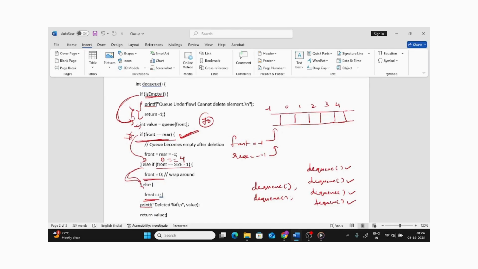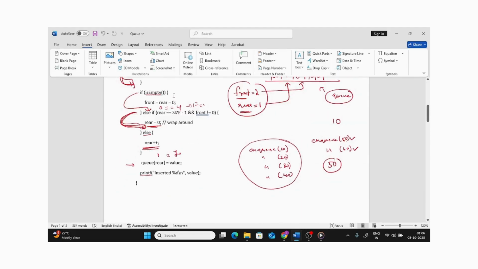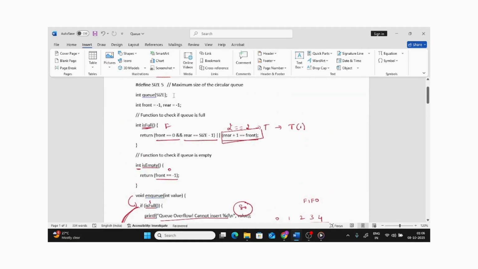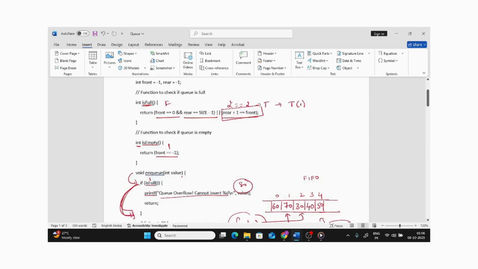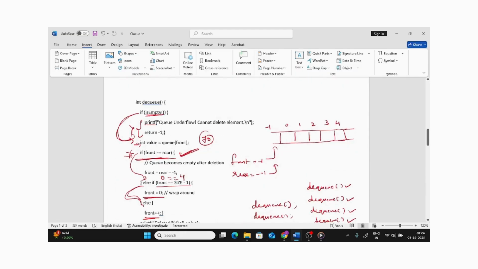Now again, I call the dequeue function, is empty. The is empty function says return front equal to -1. Front equal to -1 is true, right? Therefore it returns 1, true. Let us go down here again. Here it returns true, therefore we will print out queue underflow, cannot delete any element. Now our final point is that we cannot delete elements because we have deleted all the elements